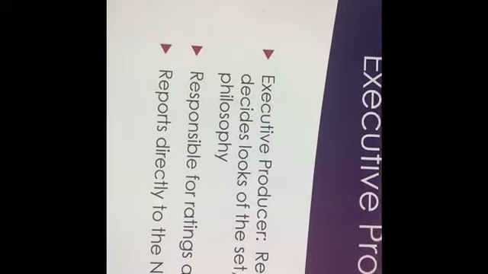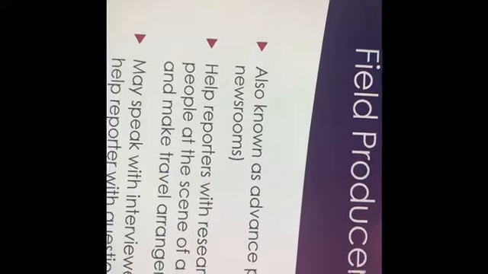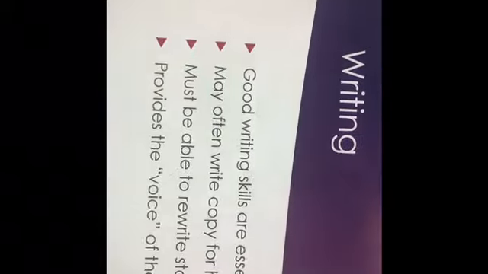So a lot of these are very easily identifiable just by their titles. Executive, that's going to be obviously the person that's in charge. And then associates tend to be assistants. And who's helping with research and doing field work? Well, it's the field producer, and of course the web producer is in charge of social media.